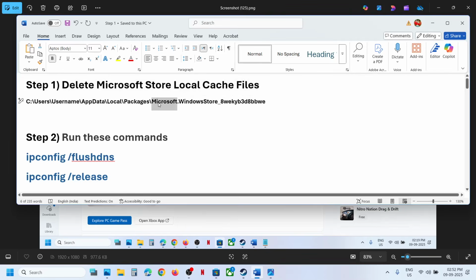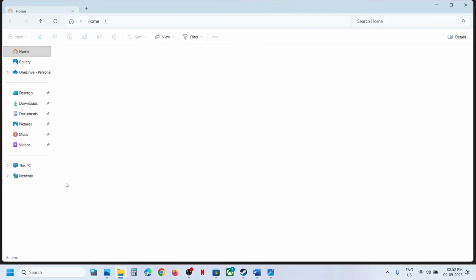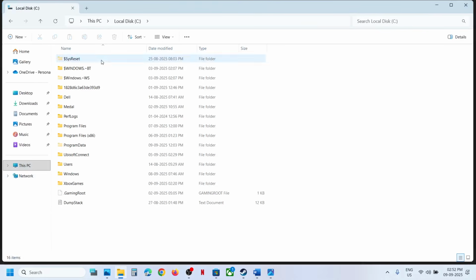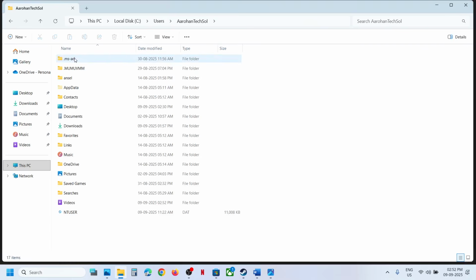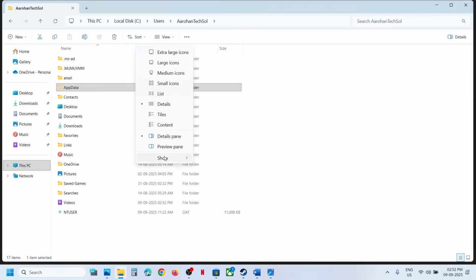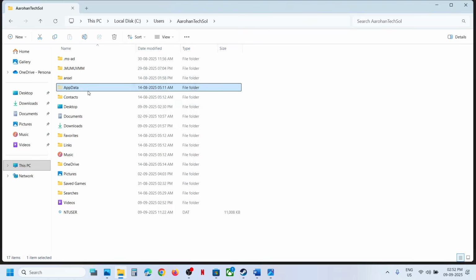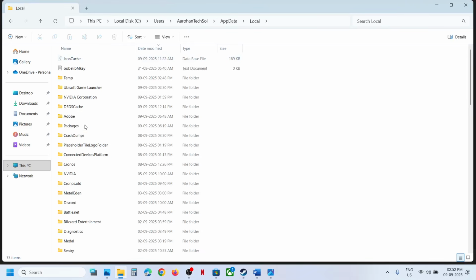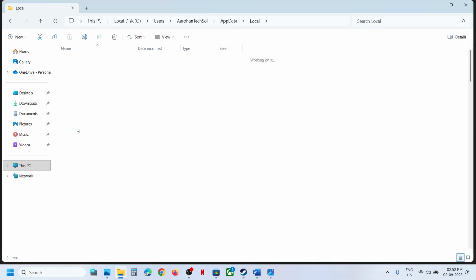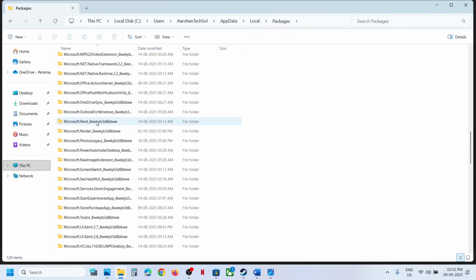Now for this you can go to this location, open File Explorer, go to this PC, open C drive. Now open users folder. Now open your username folder. Now open AppData folder. If you don't see AppData at the top, click on view, select show, put a check on hidden items, and then open AppData folder, open the local folder, open the packages folder, and scroll down and